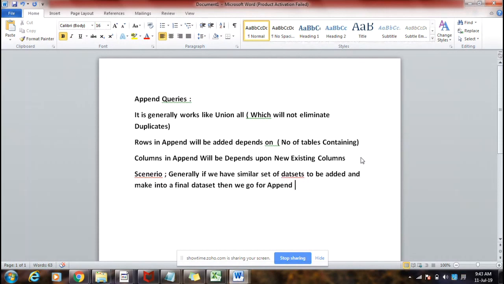We go for append. We have similar sets of data sets to be added and make it into a final data set. Generally, you go for